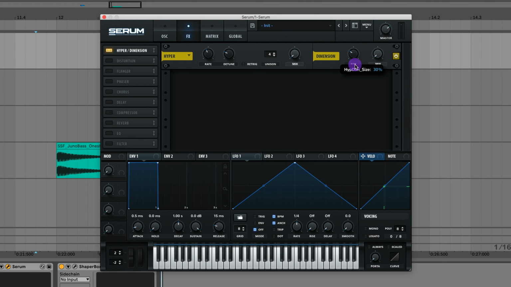Let's just experiment with this, put it at 50%. And I find this a cool way to add width in stereo. There is the size and the mix, and you can see on this mix, it's a bit gray. And that means that if I click on the mix, I can adjust the level. If I add in this effect,